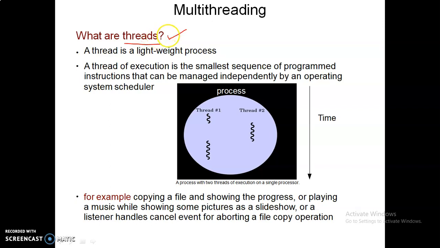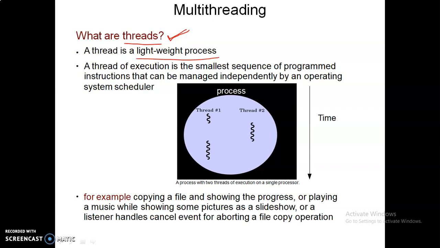A thread can be defined as a lightweight process, that is, the process which is at present executing or which can be executed for a particular task. Thread execution is the smallest sequence of programmed instructions.